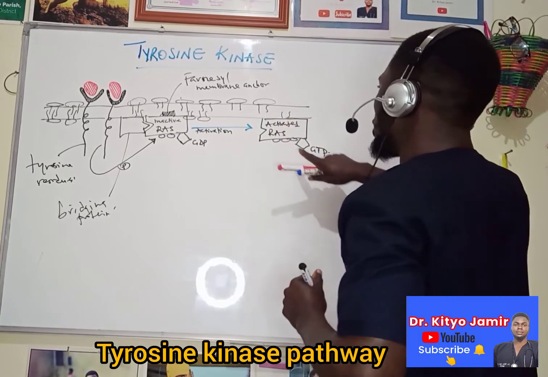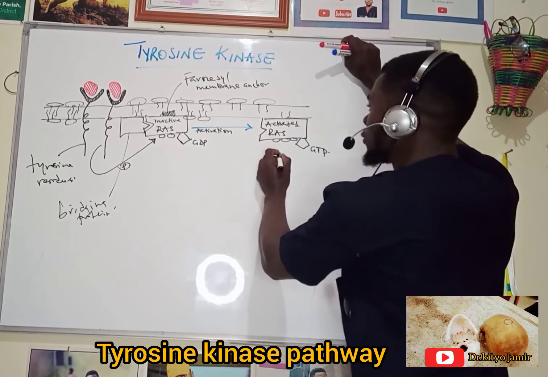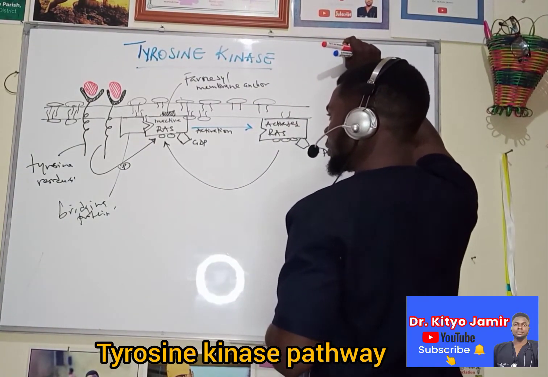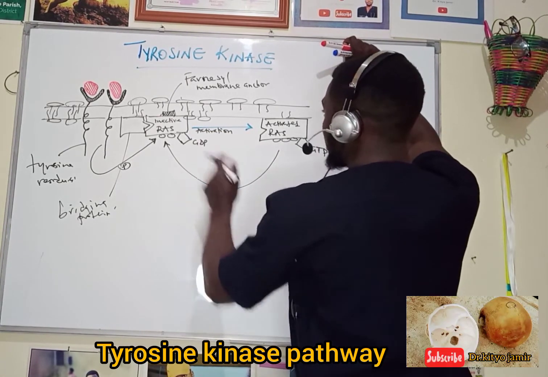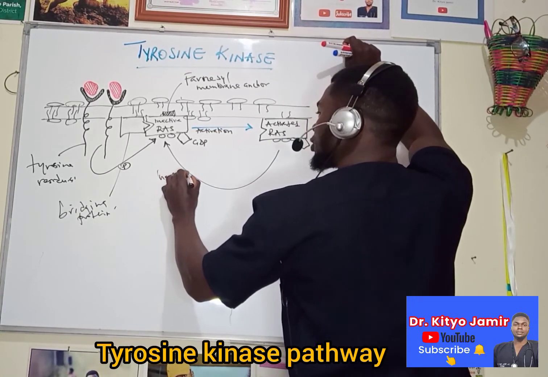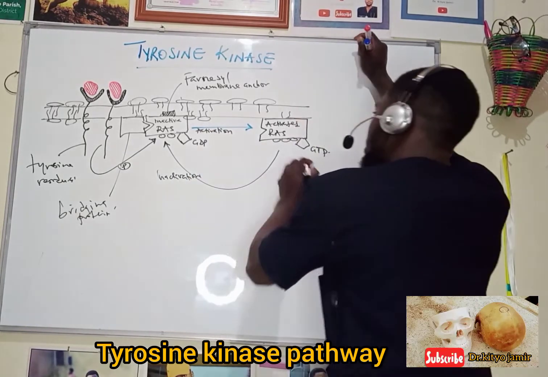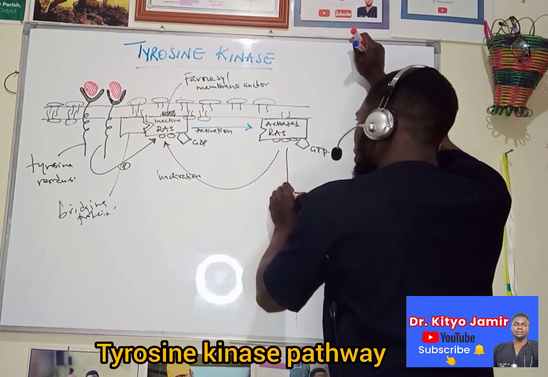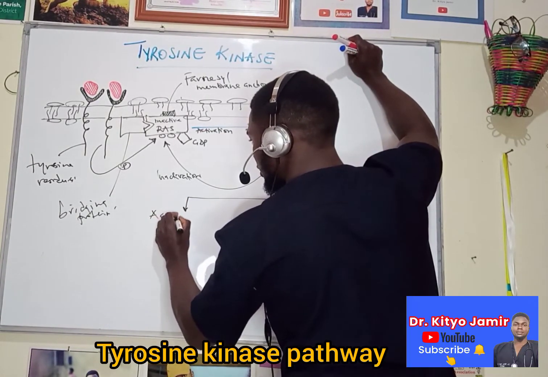So when you want to cut off this pathway, we have to deactivate the RAS by conversion of GTP to GDP. So this will be inactivation by phospholipases. Then, if not inactivated, we are going to have the active RAS.